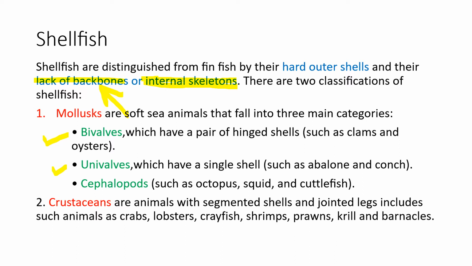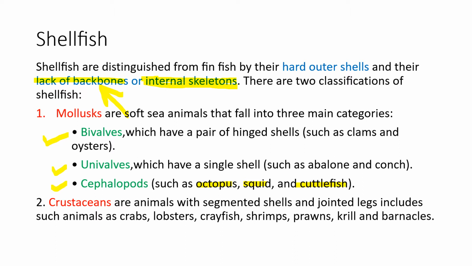The ones which are not like that, say the ones which look more like your conch, which we call shankh in Hindi. Ones that look like that have only one aperture, so they are called univalves. You have abalone, conch, and then you have cephalopods. Now the other ones like octopus, squid, cuttlefish, these are called cephalopods, right?